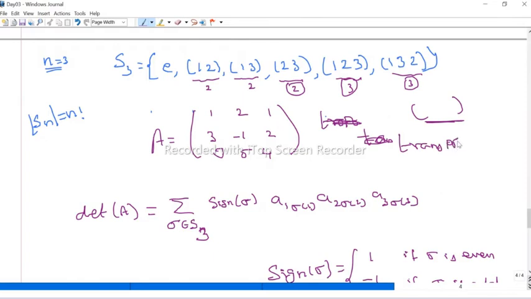So a transposition is nothing but a cycle whose length is 2. That is the definition of transposition. If the length of the permutation is 2, then we call that permutation a transposition. Otherwise, we call it a cycle. So this 1, 2, 3 is a 3 cycle because the length is 3. This is also a 3 cycle. We call this a 2 cycle, but we define a 2 cycle as a transposition. Okay, now we define